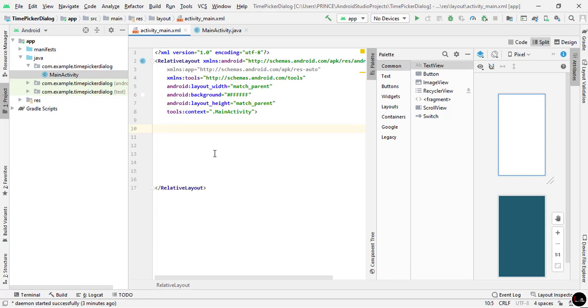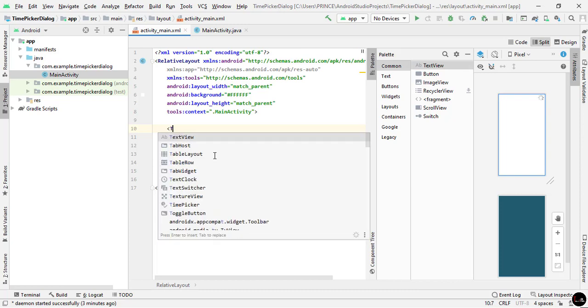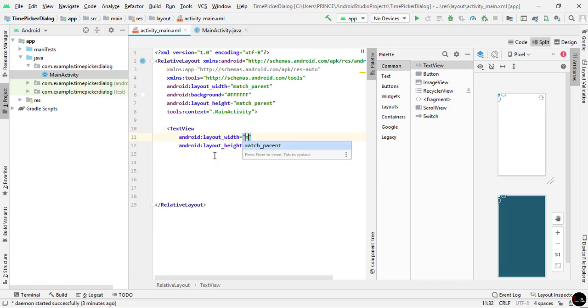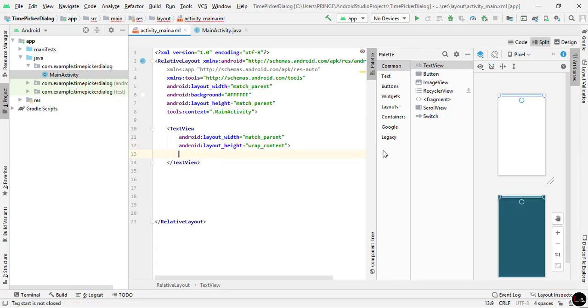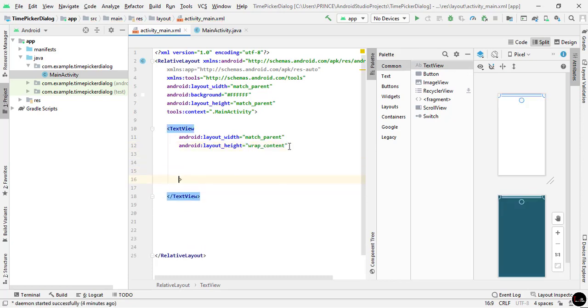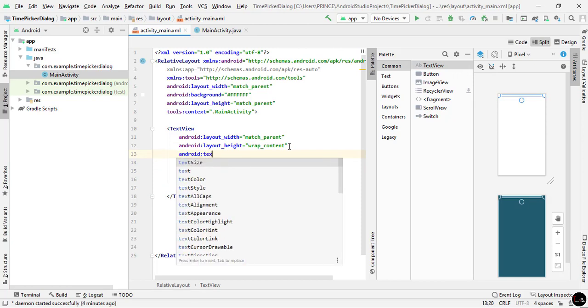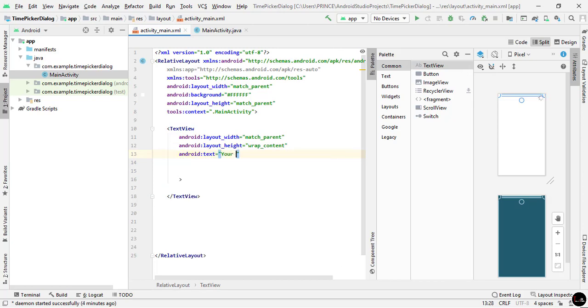Now, as you know, I need a text view where I have to display the time which is picked by the user. Take a bracket and type TextView. Now set the layout width to match parent and height to wrap content. Now close the bracket. Now set the android:text, and I type here, your time displays here.